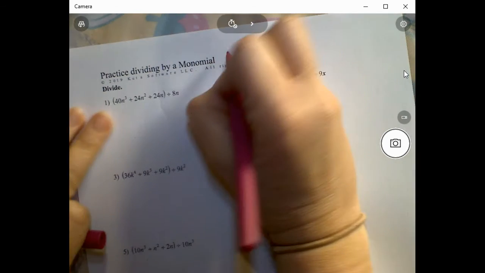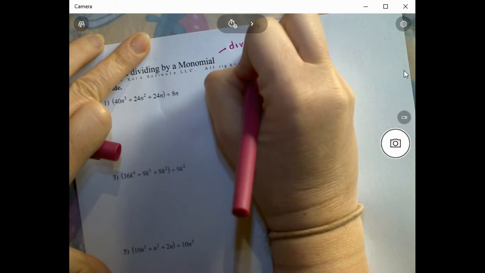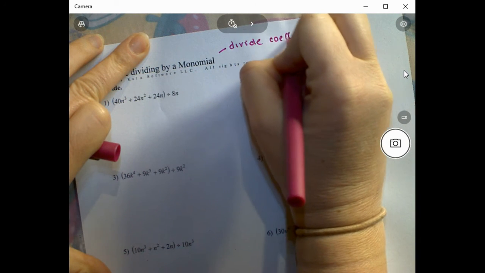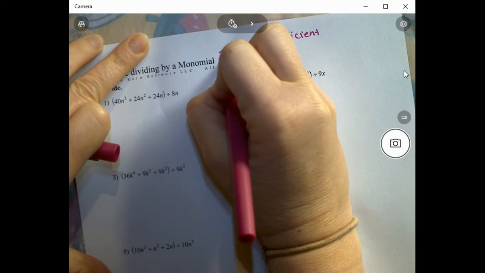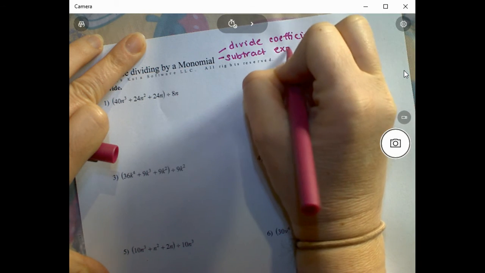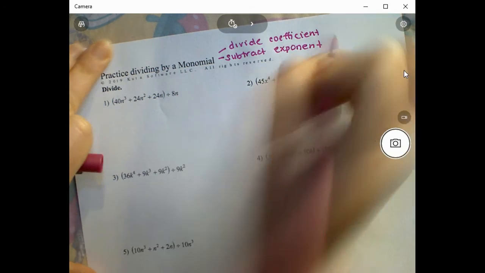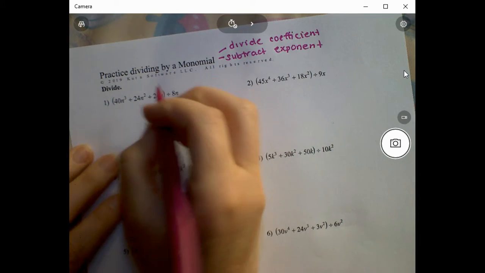When you are dividing and you have exponents, you divide the coefficient and you subtract the exponent. Right, so those are the rules when you are dividing monomials by monomials, and we're going to use that rule here. So basically, all you do is you divide each part,